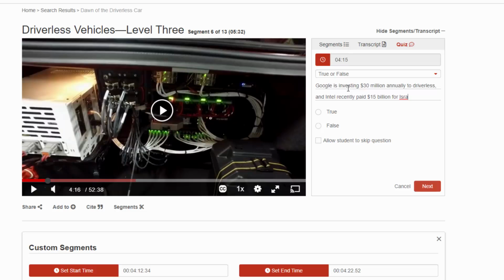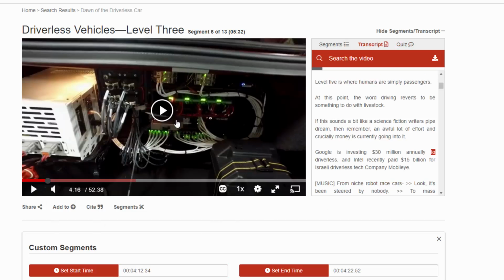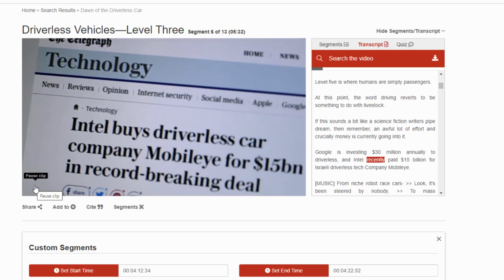So I'll type in my question: Google is investing $30 million annually in driverless vehicle added technology. Okay, and the answer is true, so select true, and then hit next. I can continue to play. We'll go back onto transcripts, and I'll continue to play,